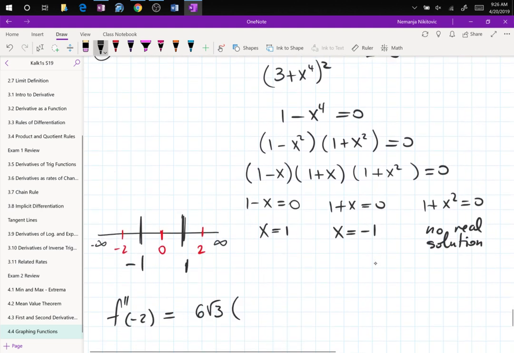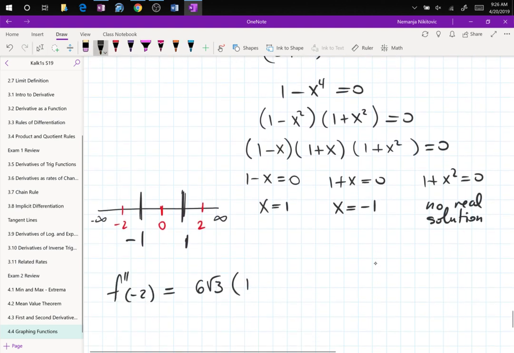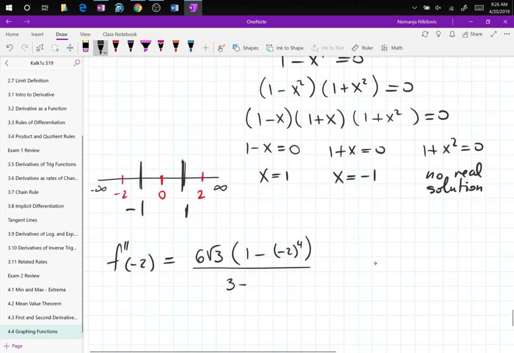6 root 3, 1 minus negative 2 to the 4th, divided by 3 plus negative 2 to the 4th, everything squared. Same arguments. Bottom is squared. That's always positive. On top, what do I have? This is always positive. And over here I have 1 minus